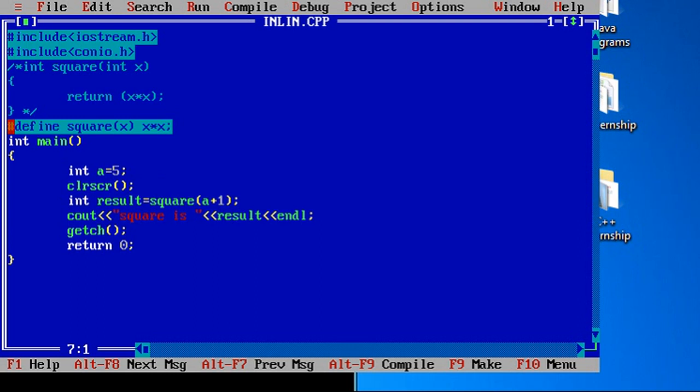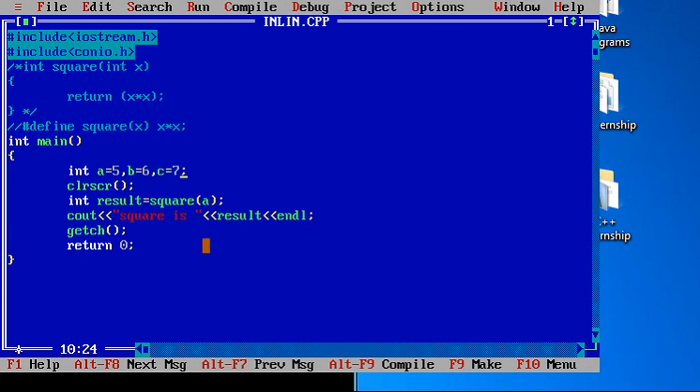So instead of that, I can add some keyword. Now let's say I want to calculate the result for a few more integers. I want to calculate the square of 6 and also of 7. So I need two more variables, b whose value is 6, and c whose value is 7.